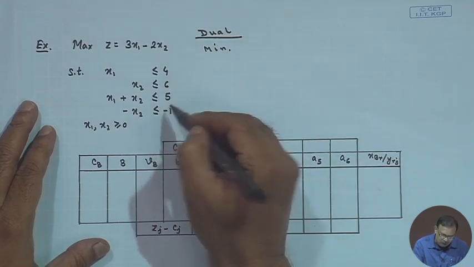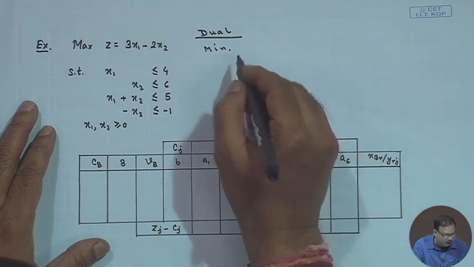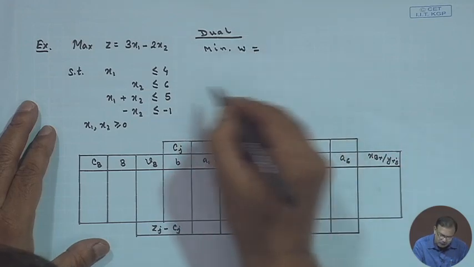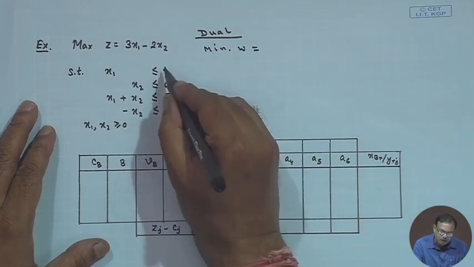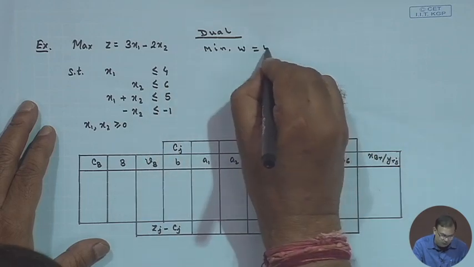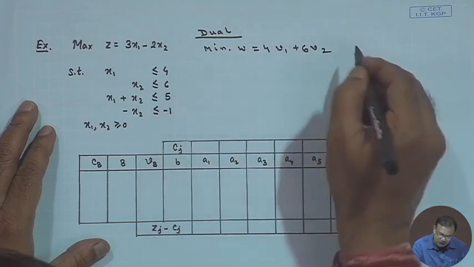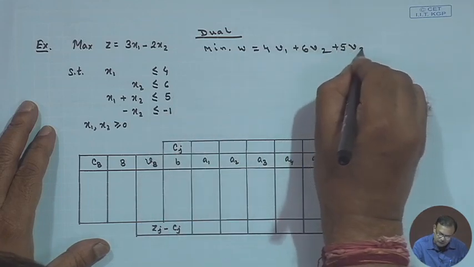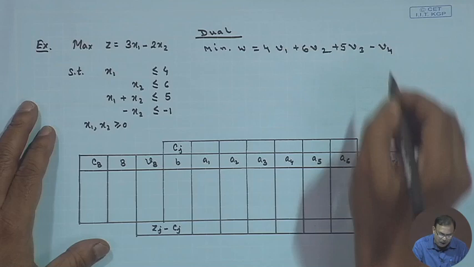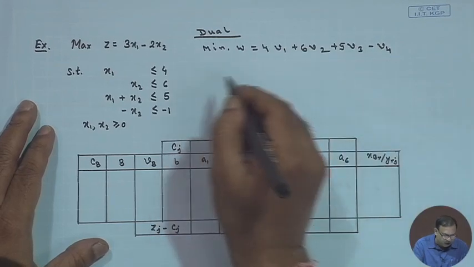There are 1, 2, 3, 4 constraints. So, 4 variables will be there. So, W equals, I have to consider the coefficients b. So, 4 v 1 plus 6 v 2 plus 5 v 3 minus v 4 subject to